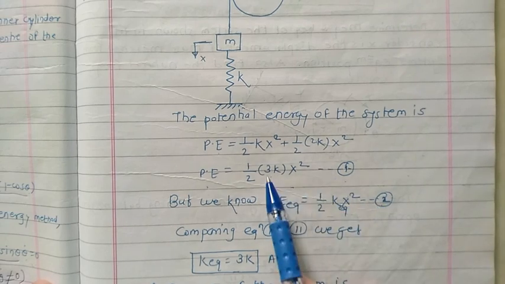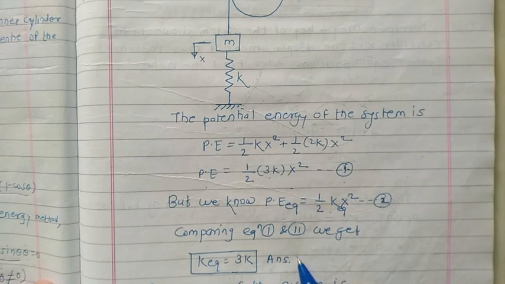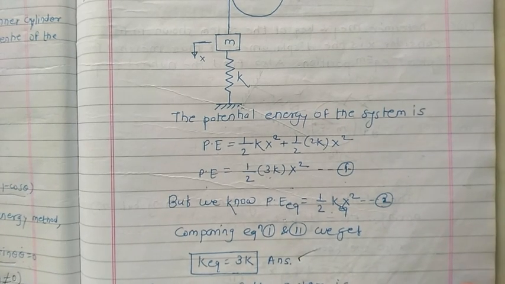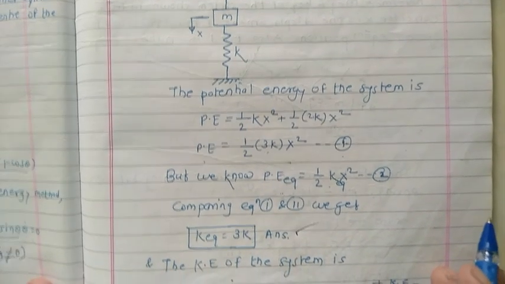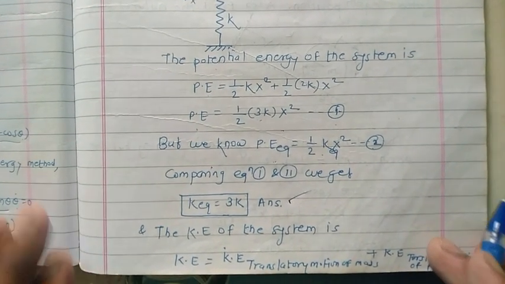Straightforward, we can get K equivalent is nothing but 3K. This is the answer for our first point. Okay, so what about the kinetic energy of the system? So, the kinetic energy of the system, if you focus on this